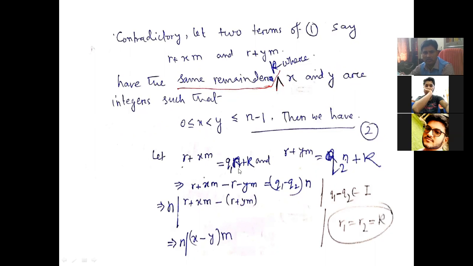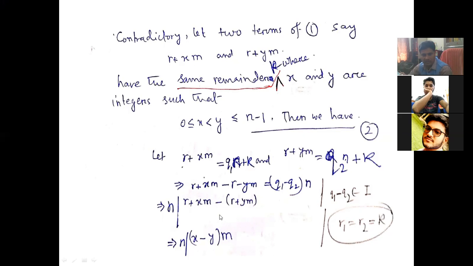Thus we have let x plus equal to q1 n plus k and this is equal to q2 n plus k. Here the remainder is k in both places, and we are dividing by n. Take r plus xm and r plus ym. These two numbers have the same remainder. We said not distinct remainders but any two numbers with the same remainder k. So what problem comes up? See, this implies n divides